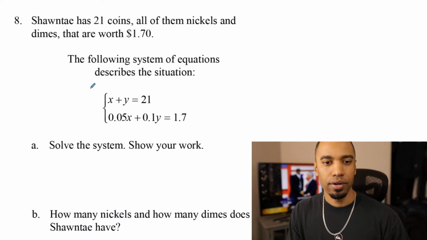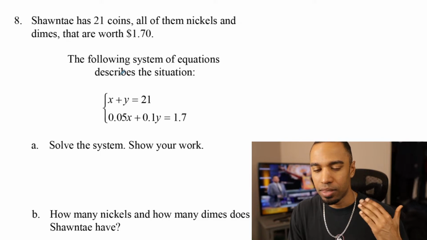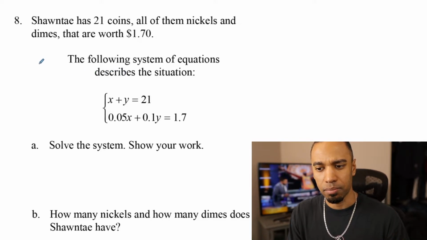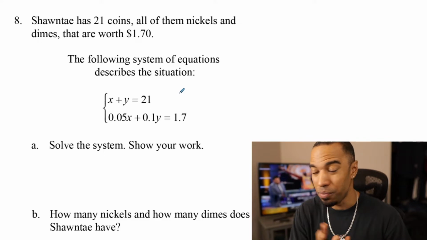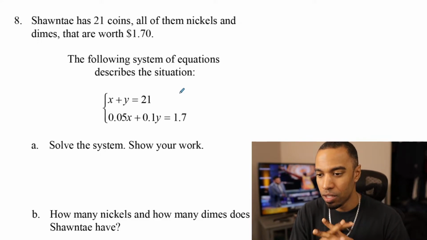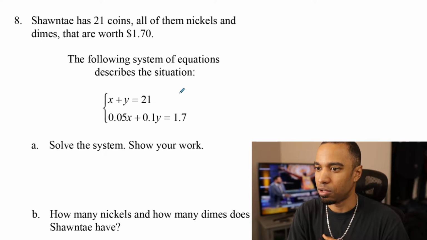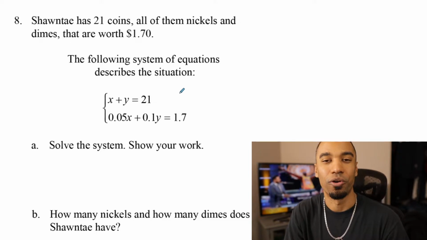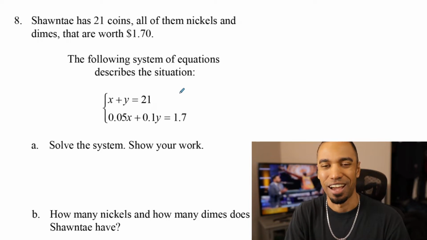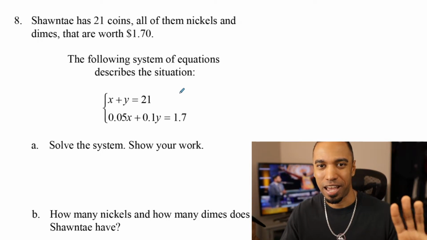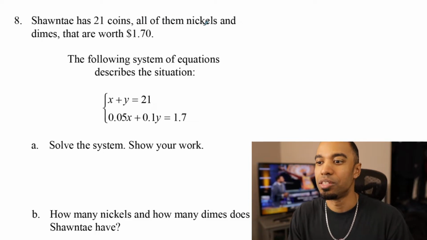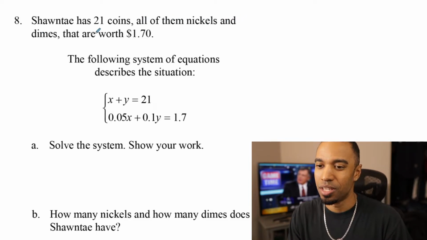All right, number 8. Here is one of those word problems I was talking about. In this one, there is a little bit of something that I do want to talk about with the model because you have decimals. And I don't think I've played with those once yet with you guys. So let's do this. Shantae has 21 coins, all of them nickels. Oh, all of the coins are nickels. I'm just reading out like all nickels and dimes. Shantae has 21 coins, all of them being nickels and dimes, that are worth